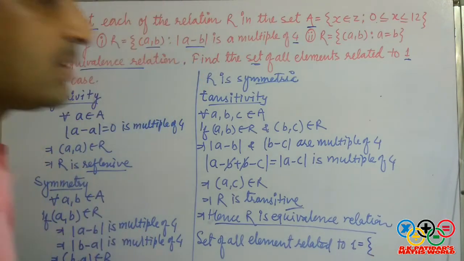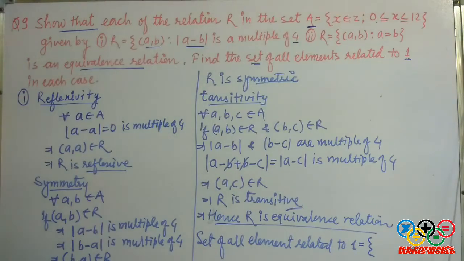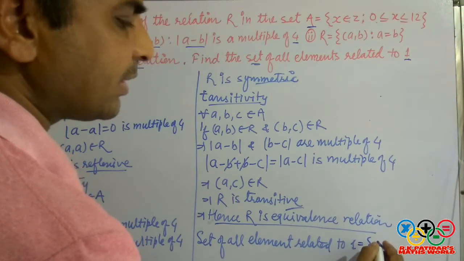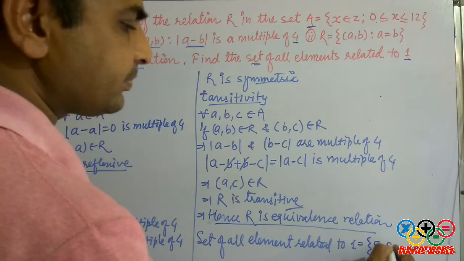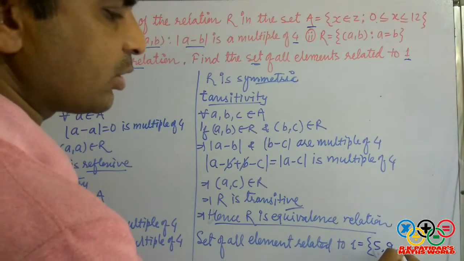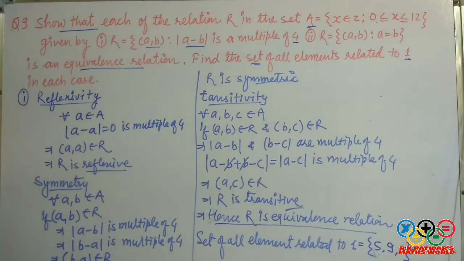मीन्स जिसका 1 से डिफरेंस 4 का मल्टीपल हो, और हमें लेना है 0 से 12 तक. तो 1 के साथ हम क्या क्या ले सकते हैं? 1 और 5 का जो डिफरेंस है वो 4 का मल्टीपल है. इसके बाद इसमें +4 ऐड कर दें 9. इसके बाद अगर फिर +4 ऐड करते हैं तो 12 आ जाएगा. तो केवल और केवल, और 1 और 1 का डिफरेंस 0 होगा. तो ये 1, 5, 9, इसमें 3 एलिमेंट्स होंगे. These are related to 1.